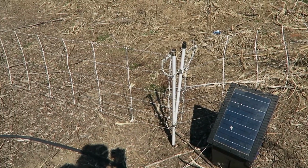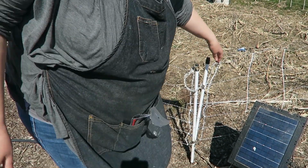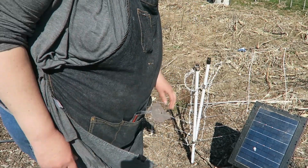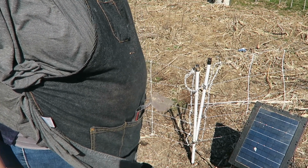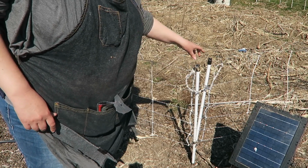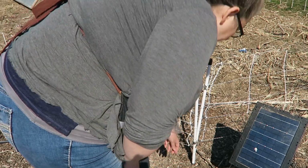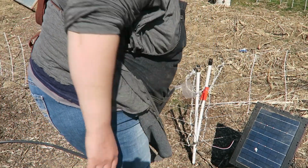The other thing I'll do before I put pigs in here is, thank you, Pete, I will tie these together like this. They come with a piece of string. Actually, I think 2 pieces of string for each post on the hog net. And you don't want to rely just on this connection to hold your fence together. It's much more secure to pinch them like that. All right, so here we go. I'm gonna clip this back on. And now, on this side,